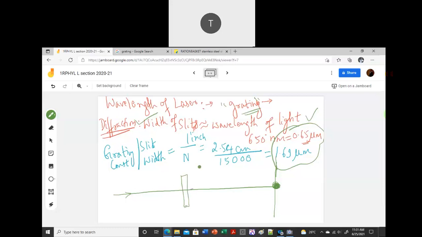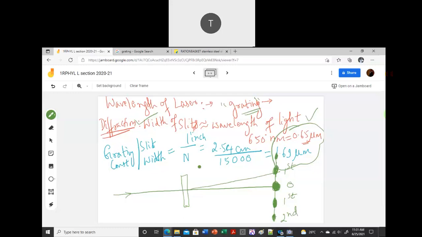So you have the zeroth order, which is very bright. The first order is going to be slightly less bright, and the second order will be much less bright. The same thing happens on the other side of it. If I'm writing a big circle, that means this is more bright. If I'm decreasing the width of the circle, that means this is slightly lesser bright. And the second order will be much less bright.